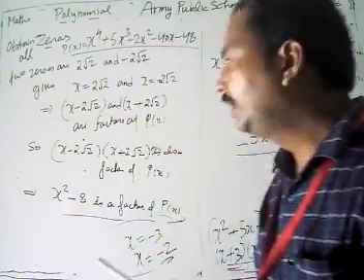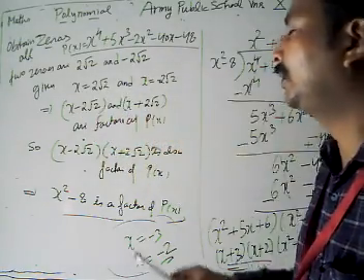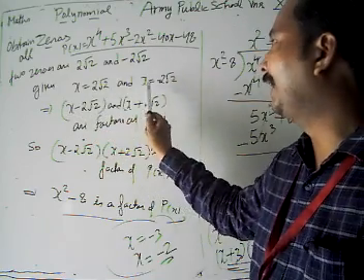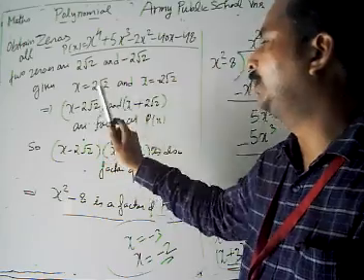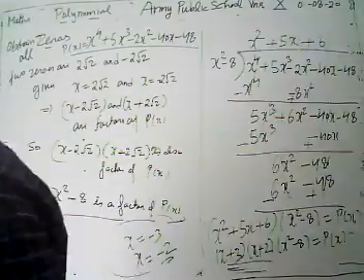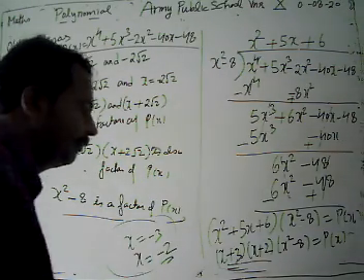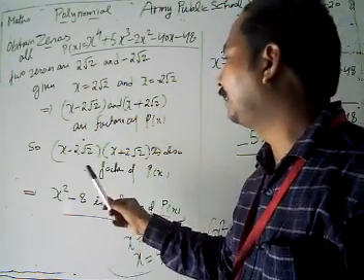Then what do we do? First of all, since x equal to 2 root 2 and x equal to minus 2 root 2 are two zeros, then x minus 2 root 2 and x plus 2 root 2 are factors of the given polynomial. If our factors are 2 and 3, suppose any numbers have factors 2 and 3, then the product 2 into 3, 6, is also a factor of the given number. Again, if these are factors, then their product is also a factor.